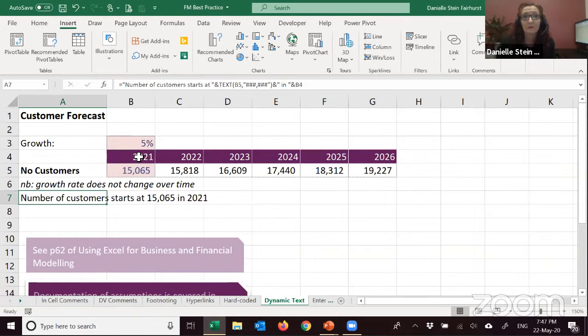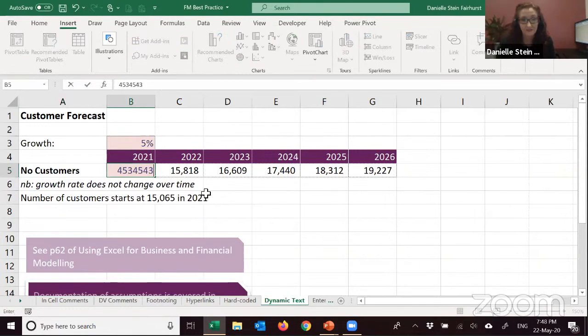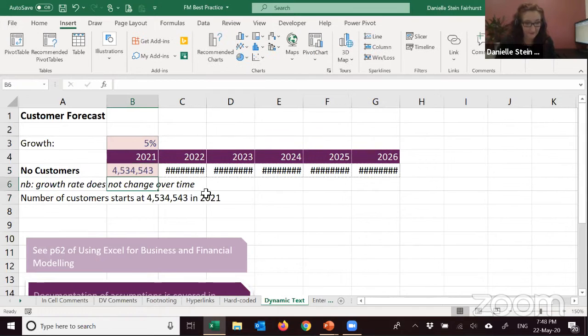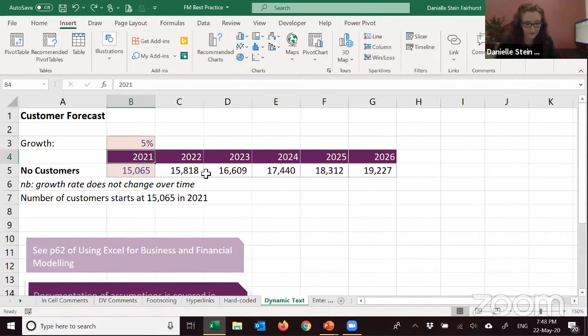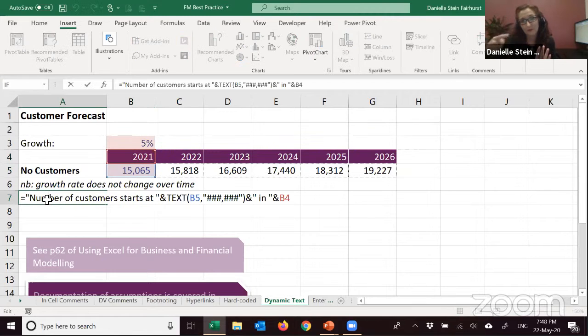So for example, if this number were to change to something else, you can see there that automatically changes. And of course, if the date were to change to 2022, for example, that would automatically change also. So that's been done with the documentation of using the ampersand to string it together, more for commentary or for documentation. So if you're ever wanting to make comments about the model, like notes or something like that, I would definitely recommend using that technique as well.